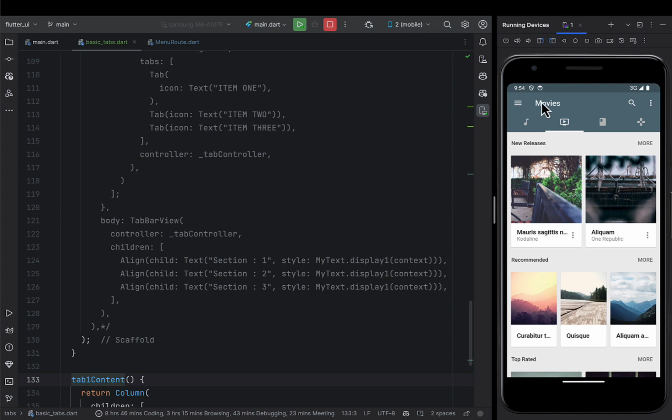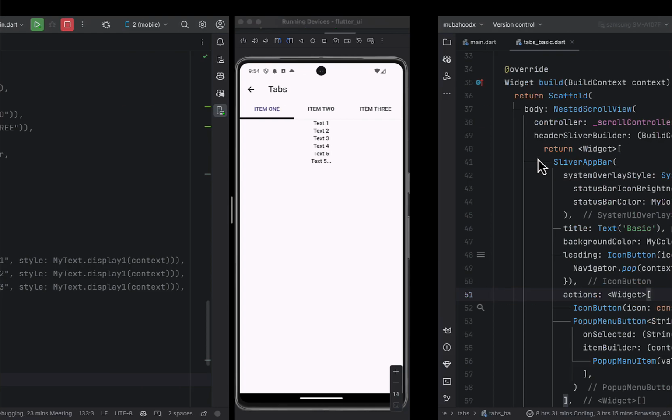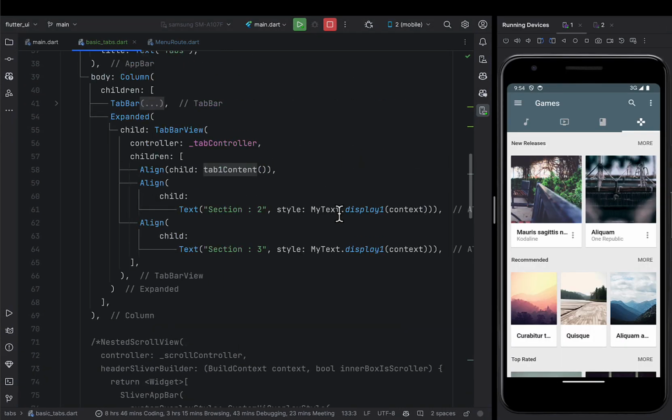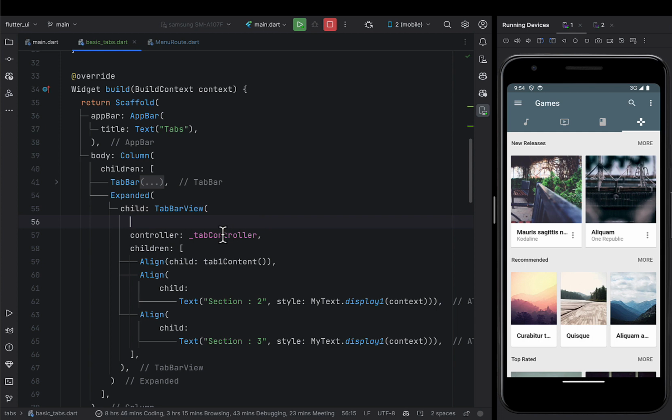Now another thing that you're observing here is, when I come to movies, for example, the title changes. So it means that there's a listener that changes when a tab changes. So I want you to challenge yourself and put a tab listener. So I think this one you can put from here, and put